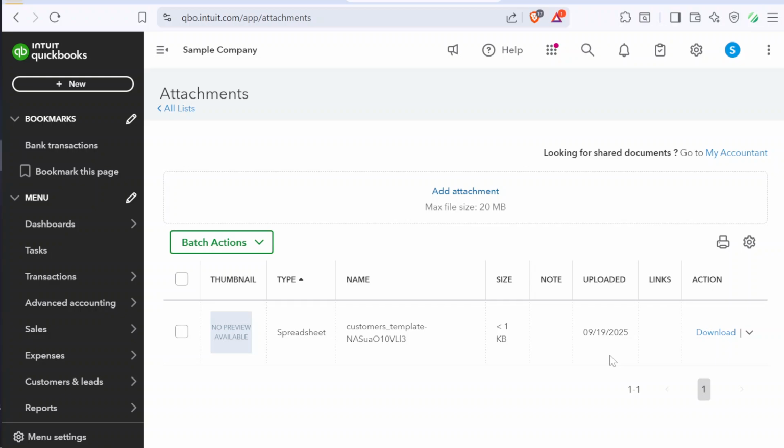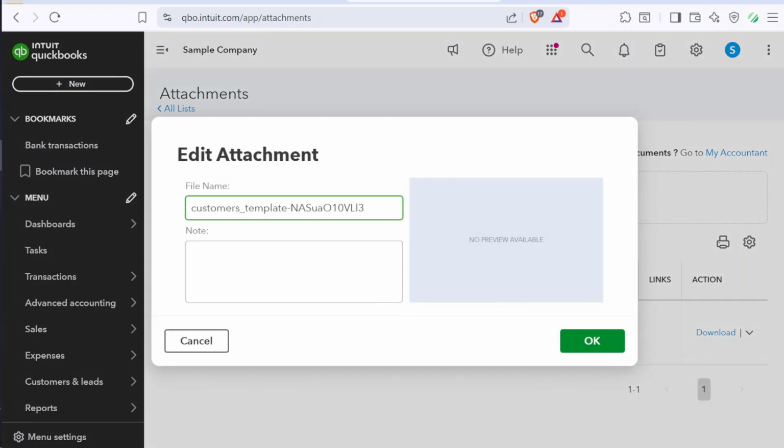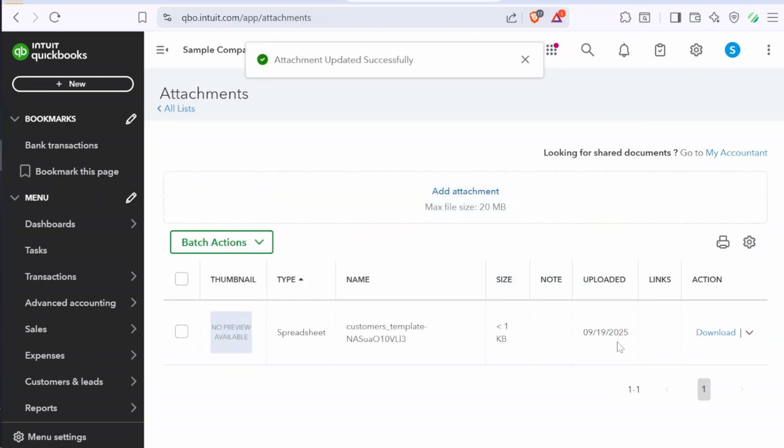Before you do this, make sure your Excel file is clean. Avoid broken formulas, hidden sheets, or unsupported formats. That way, the upload will go smoothly without errors. And just like that, your Excel file is uploaded into QuickBooks Online, ready to keep your records neat and accessible